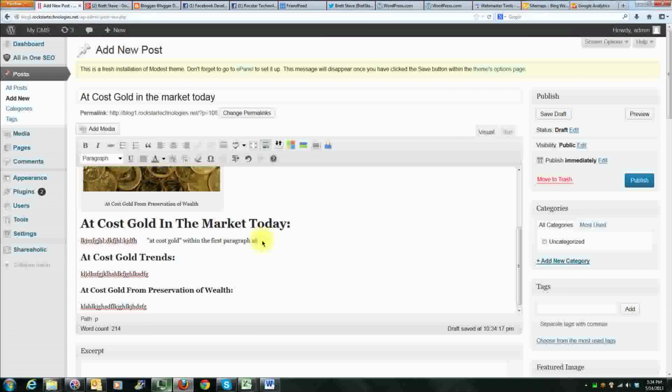So let's type in at cost gold, and we're going to want to make sure that appears. We'll make this one bold just to demonstrate to you guys. You click on the bold tab right there. We've got at cost gold again right here. Click on italicized to make it italicized, and then again at cost gold, and you want to make sure that this one